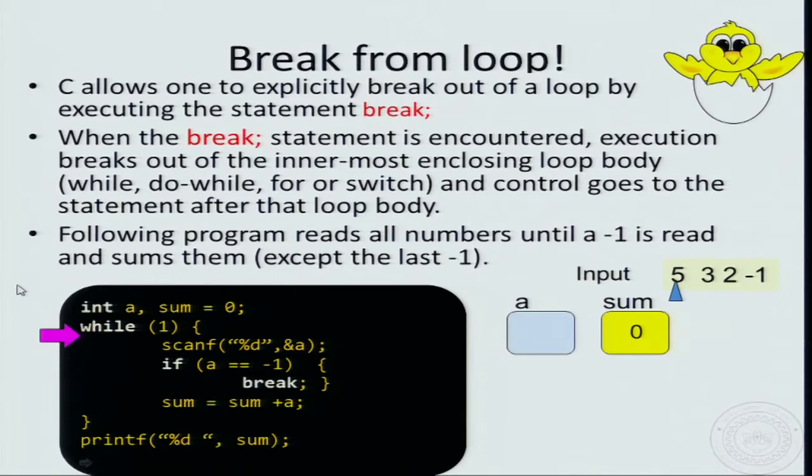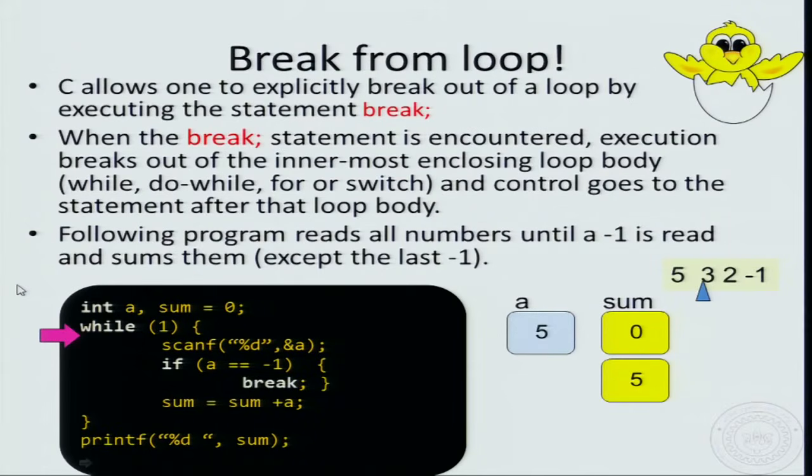Initially a is undefined, it is just declared. So, it has some garbage value and sum is initialized to 0. Let us say that the input is 5, 3, 2, -1. While 1, so 1 is true, therefore, you enter the while loop, you scanf the first number, so a becomes 5, a is not minus 1, therefore, you go to sum equal to sum plus a, so sum becomes 5, and then you go back to